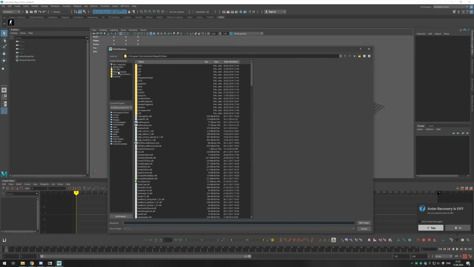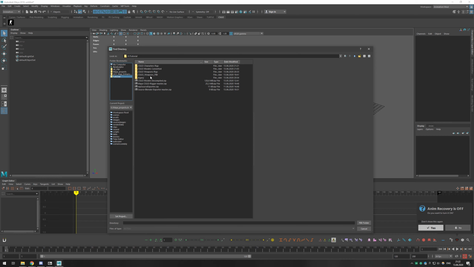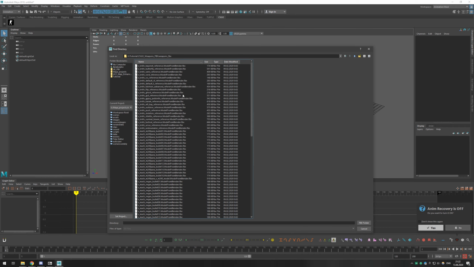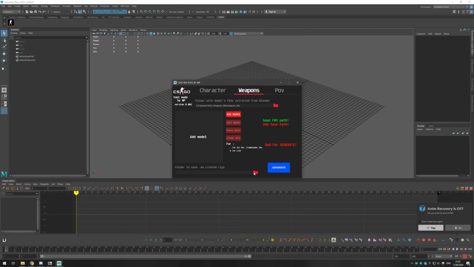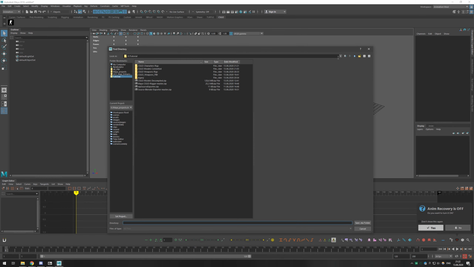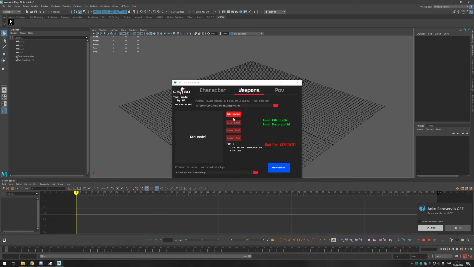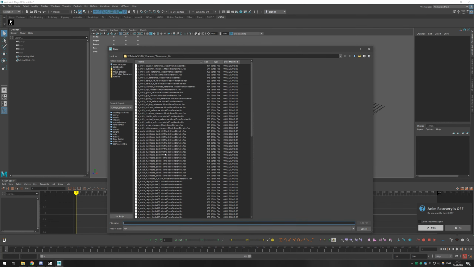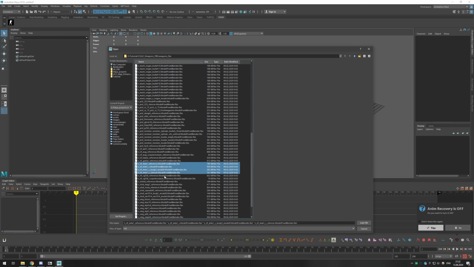Now all the same, we will go to the tutorial folder. We will go to the weapons FBX twice, select folder, go to the CSGO character rigs, well, CSGO weapon rigs now, and let's actually not convert everything. I will just convert, let's say, all of the M4A. Well, that's quite a lot of M4As.